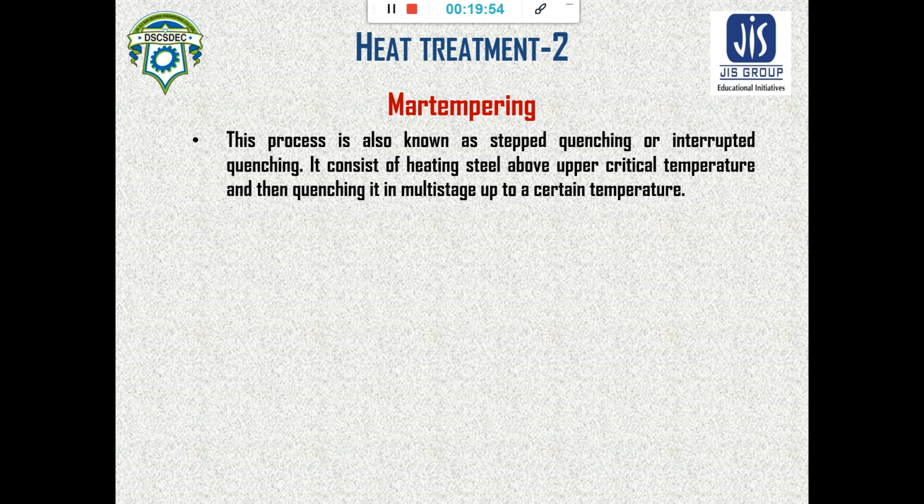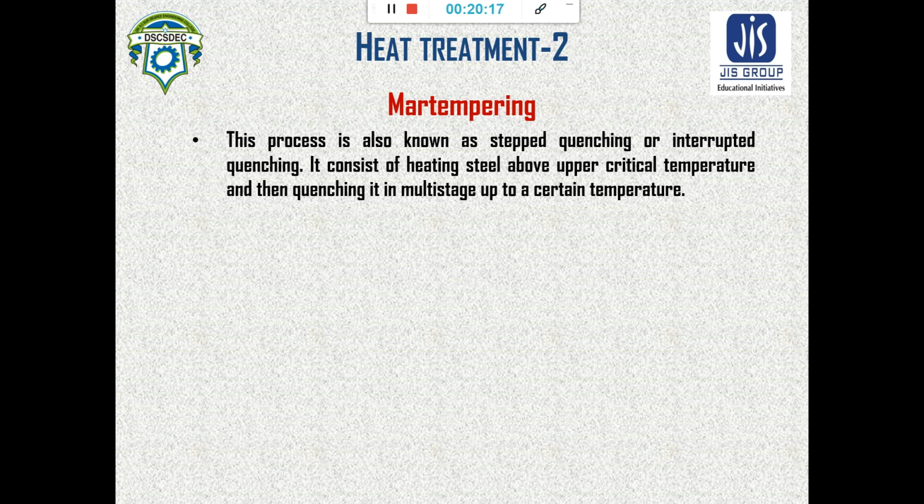This type of successive quenching is known as Mart tempering. Mart tempering consists of heating the steel above the upper critical temperature, then quenching it in multiple stages up to a certain temperature. So it is quenched up to when? Up to it reaches